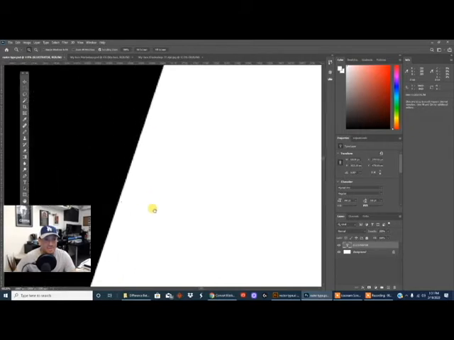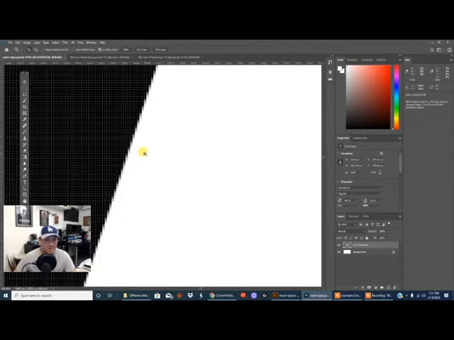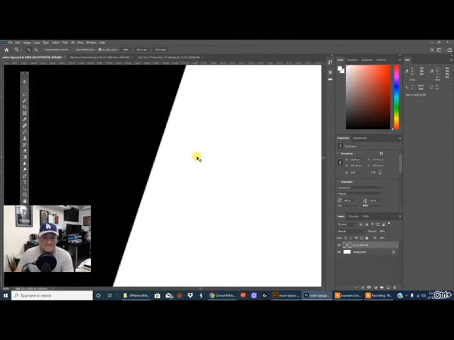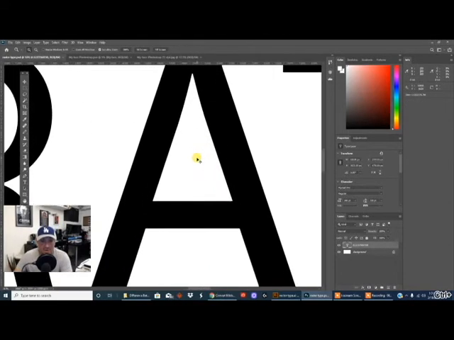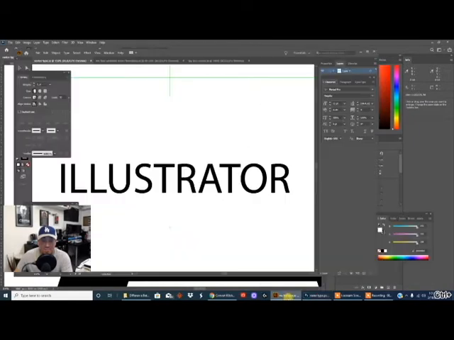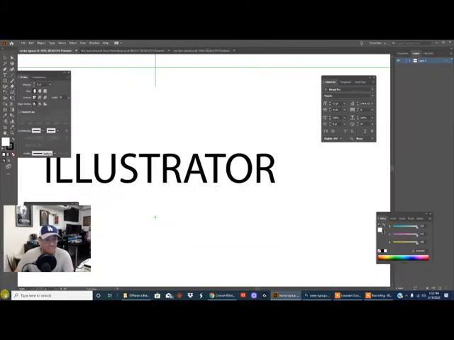But once we start getting to about 400% magnification, you start to see what it actually looks like up close. But to the naked eye, from far away, your eye kind of makes up the difference. And when it adds the blur, it actually looks a lot more realistic. But when you go to the vector type and we go to